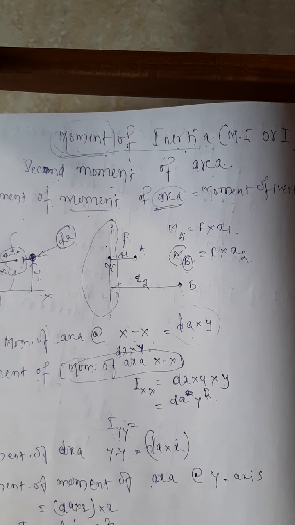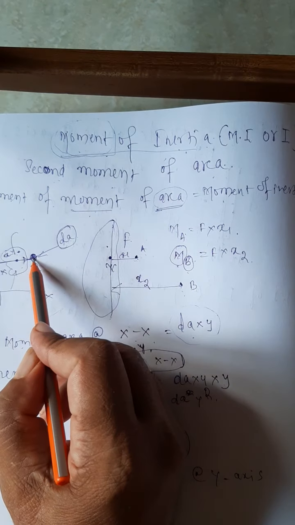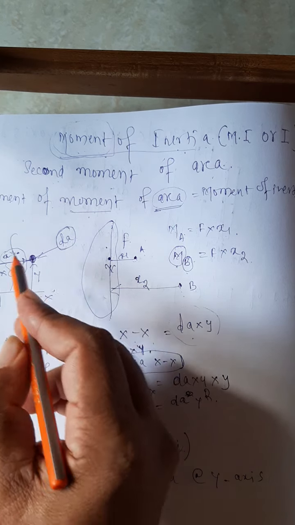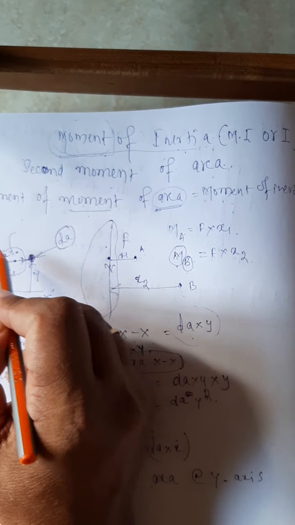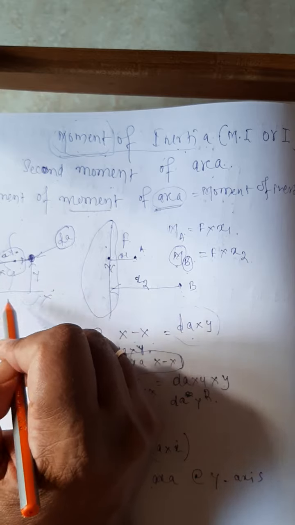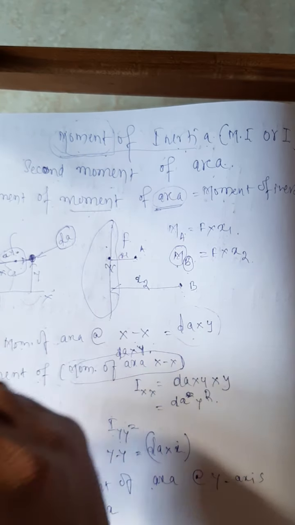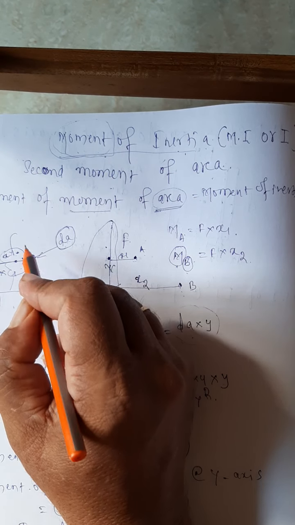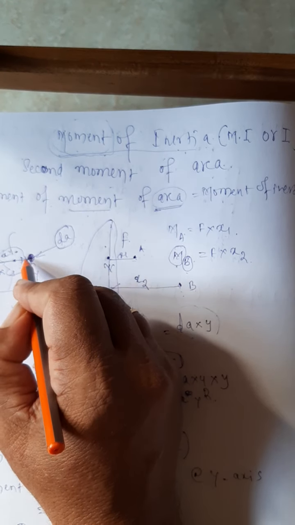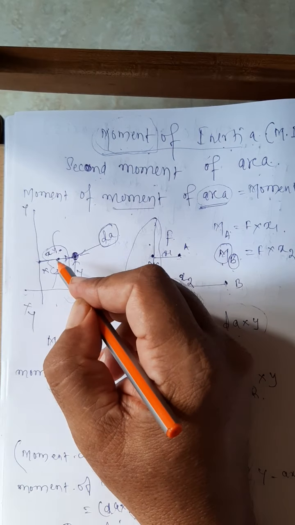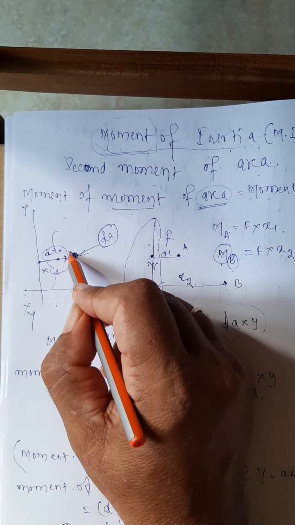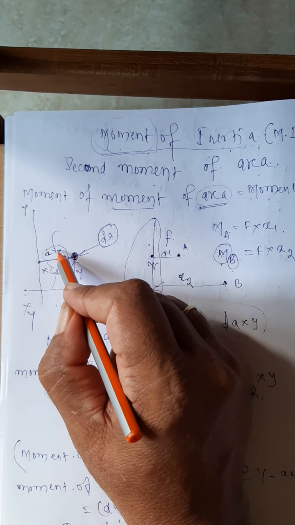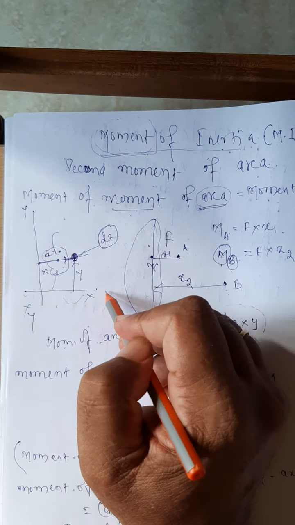Is it all right? So if you want the moment of inertia of the same figure, the area being the same, when I change the point or the line about which the moment of inertia is to be calculated, its moment of inertia will be different. Now I have started with a very small area. Why can't I do it for this particular whole area? Can you guess it? Because this area has different locations. I don't know where exactly that area is located from this line or this line.